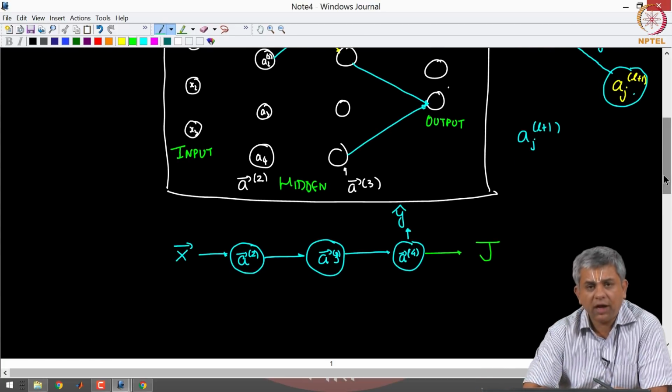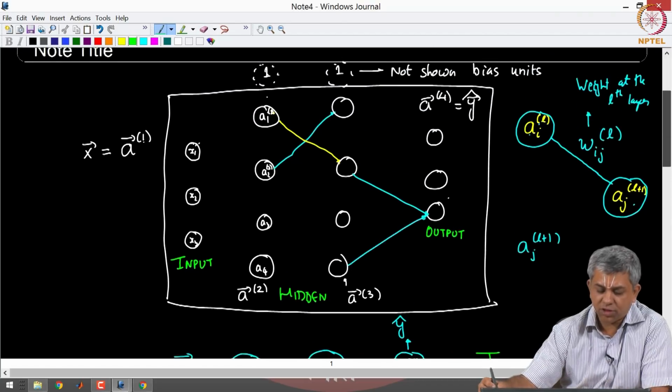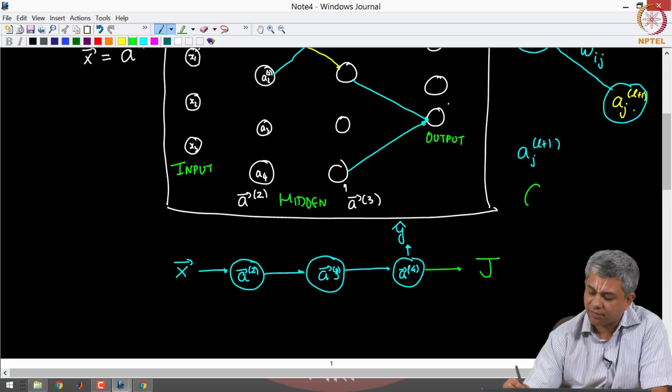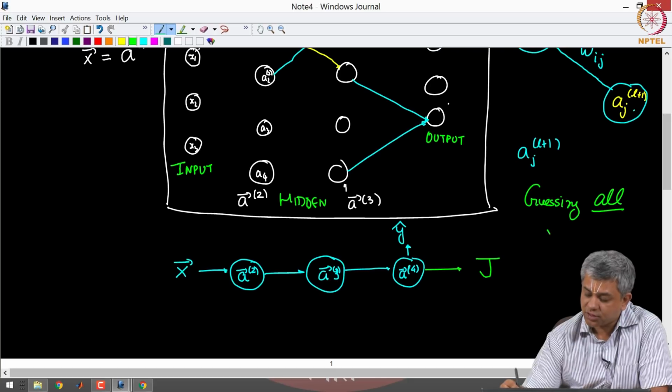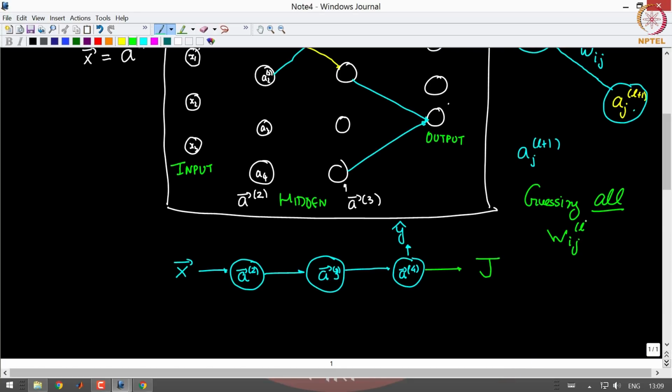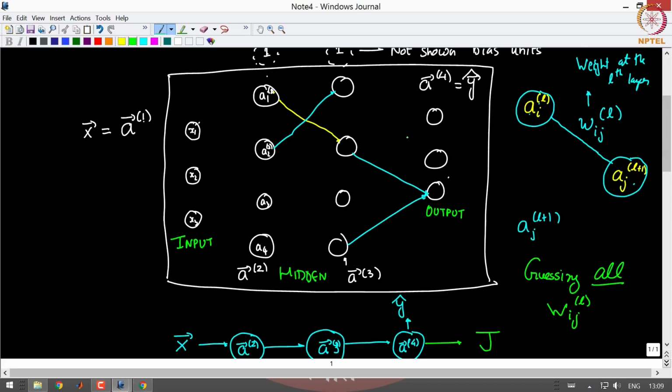Okay. Now, remember, in all our procedures what we will be doing is we will be guessing for all of the weights. As you can see even in this simple diagram there are a lot of weights. Okay. So, you have 3 neurons here, 4 here, you have 12, but actually more than 12 because you have your bias unit also, but let us just talk about the weights other than the bias. So, there are 12, 16, another 12 and then add the bias units also. You have that many unknown weights. So, you have to initialize all of them by simply guessing.